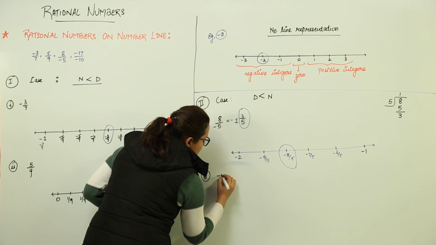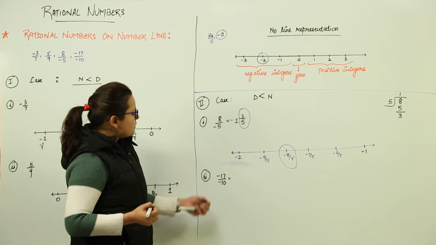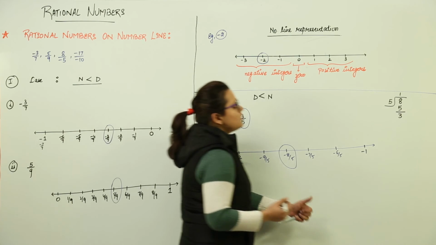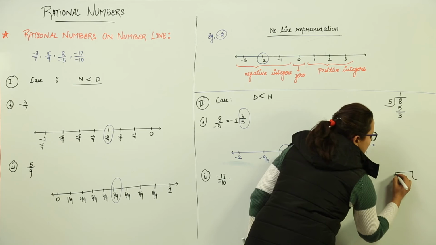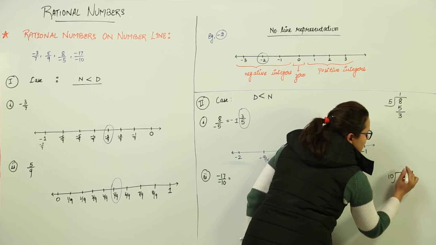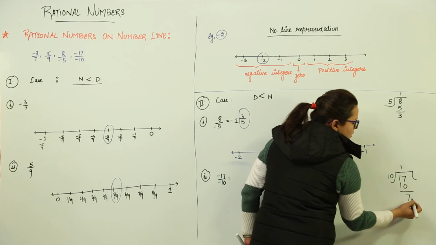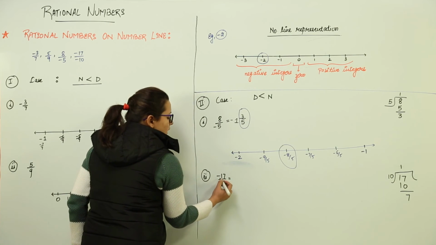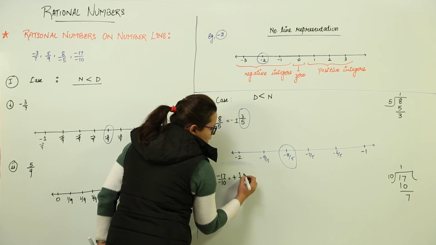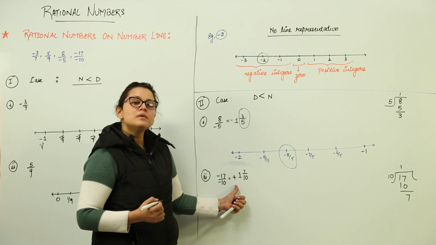Similarly, let us take another example for the same. That was minus 17 over minus 10. Here also we notice that the number has a numerator greater than the denominator. Immediately you convert it into the mixed fraction form. How do you convert it? You divide 17 by 10. How much will it go? 10 ones are 10 only, because 10 twos will be 20, which will be greater. The minus and minus become plus automatically. So we get 1 whole 7 over 10. Now my number is positive.